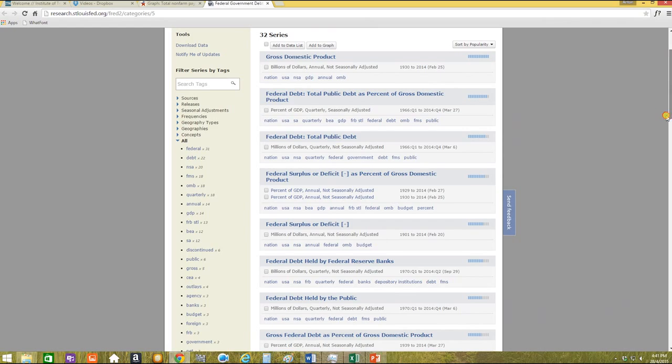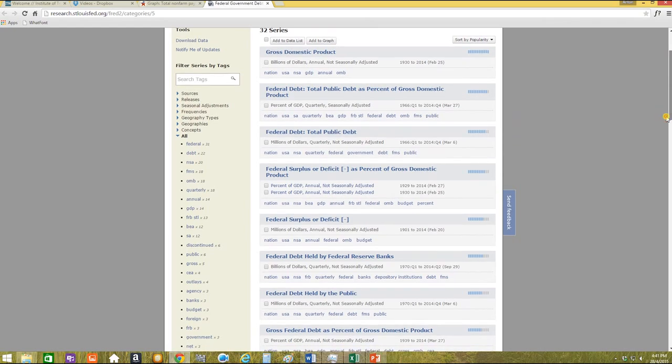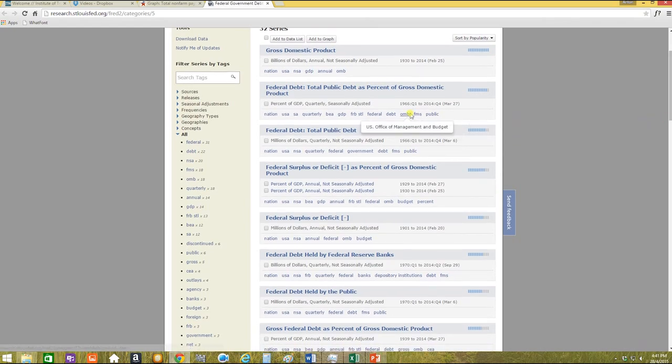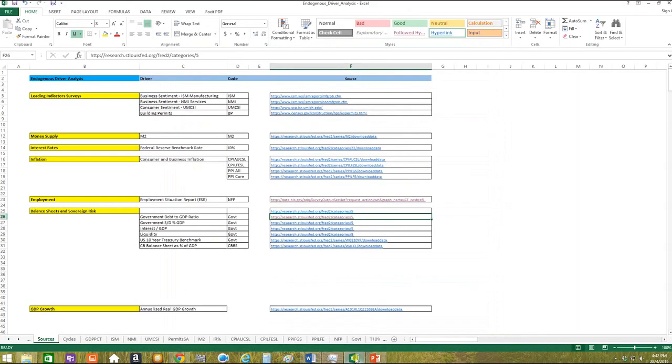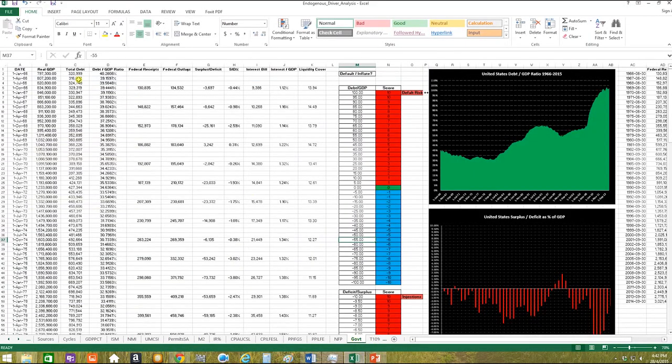And if we're going to be working out debt to GDP, we want to be looking at total public debt as a percentage of gross domestic product. Or we can take the gross domestic product stats and the total public debt stats. So in your own time, you can actually download those data sets and have a look at the numbers yourself. We've done all the hard work for you actually here, going back to 1966.